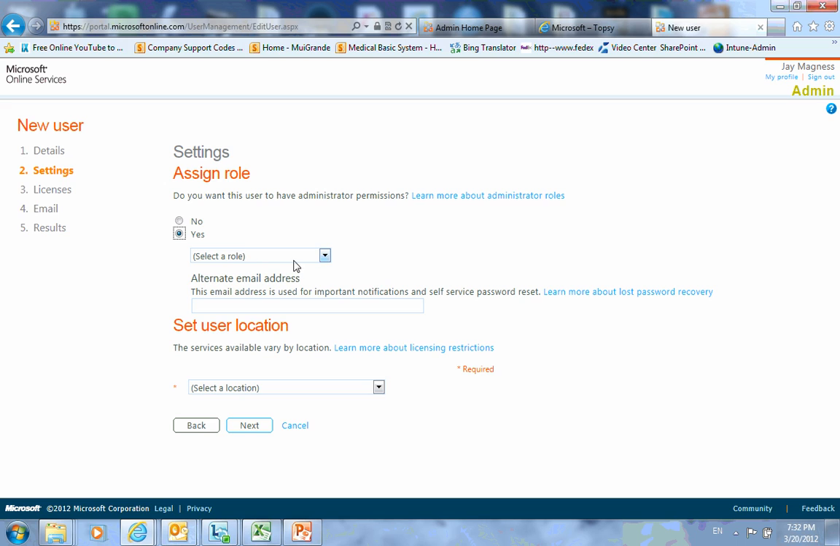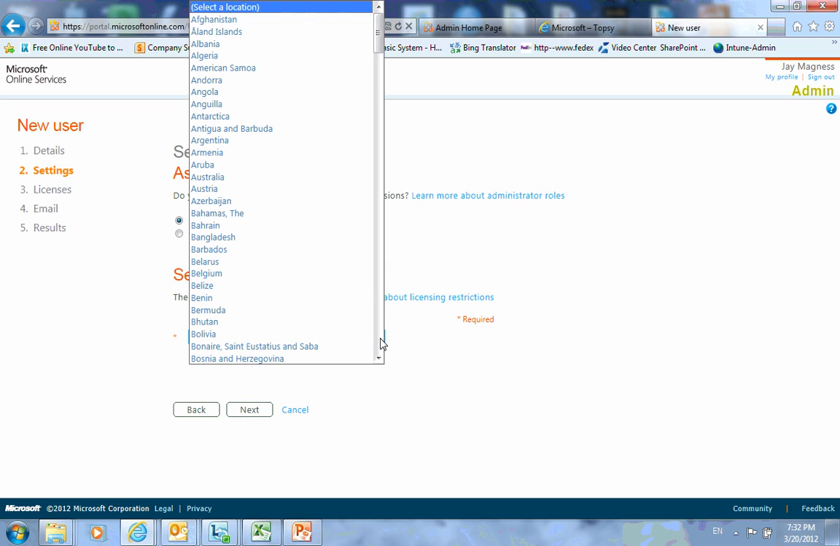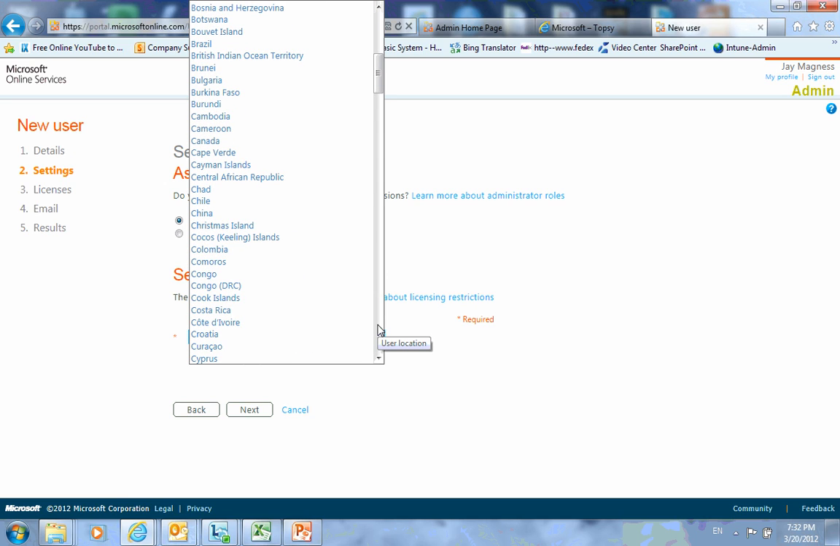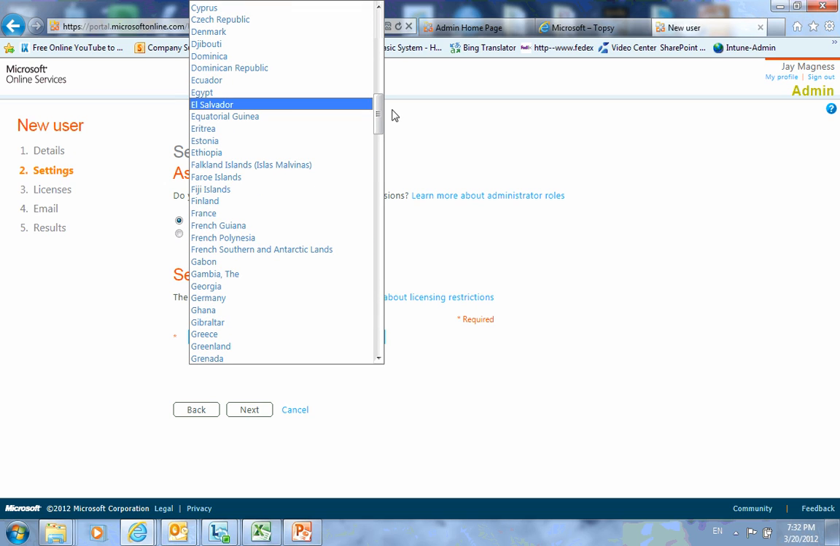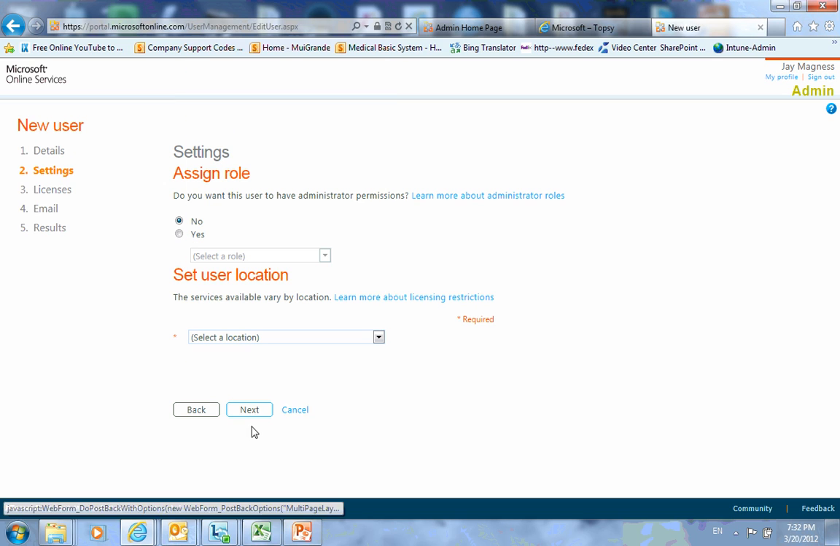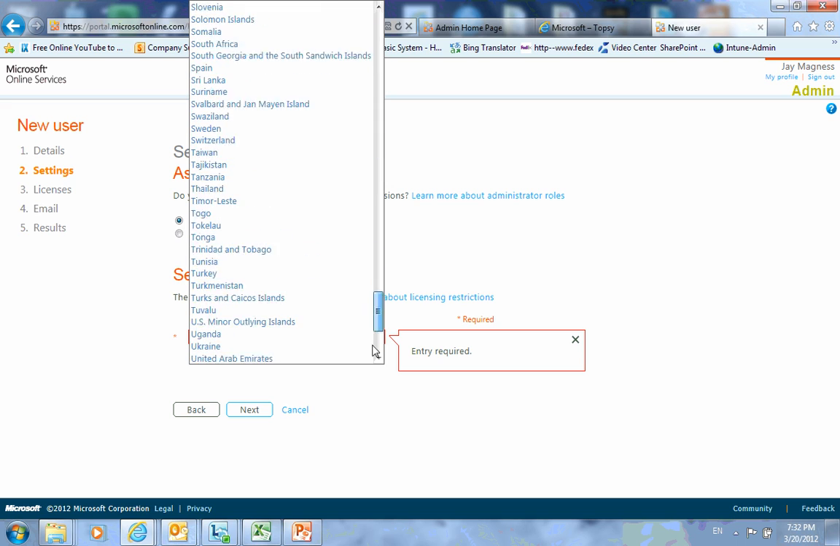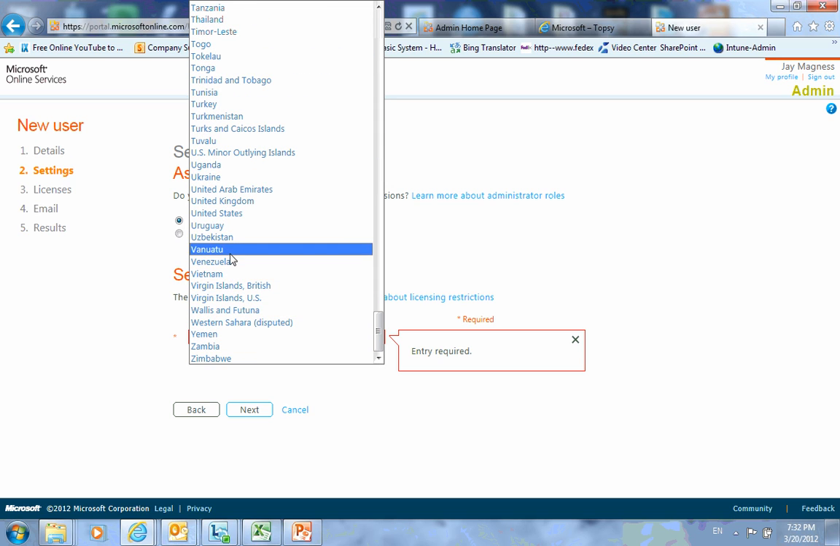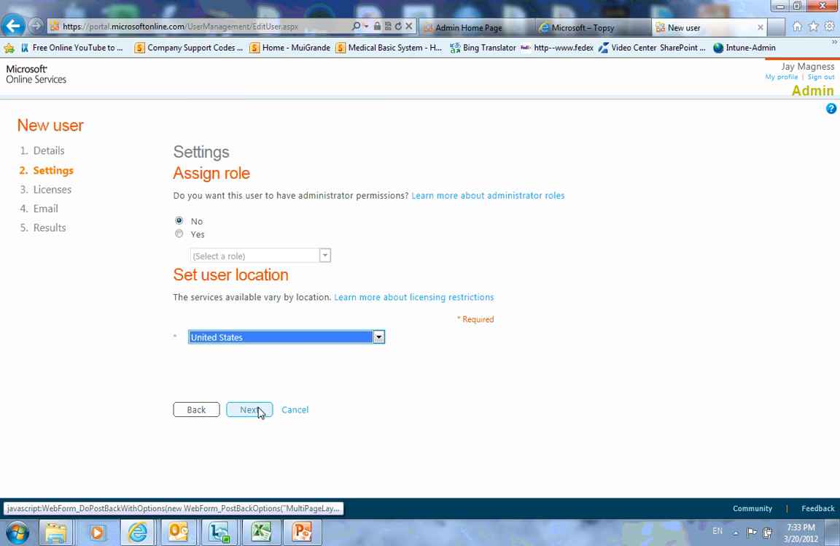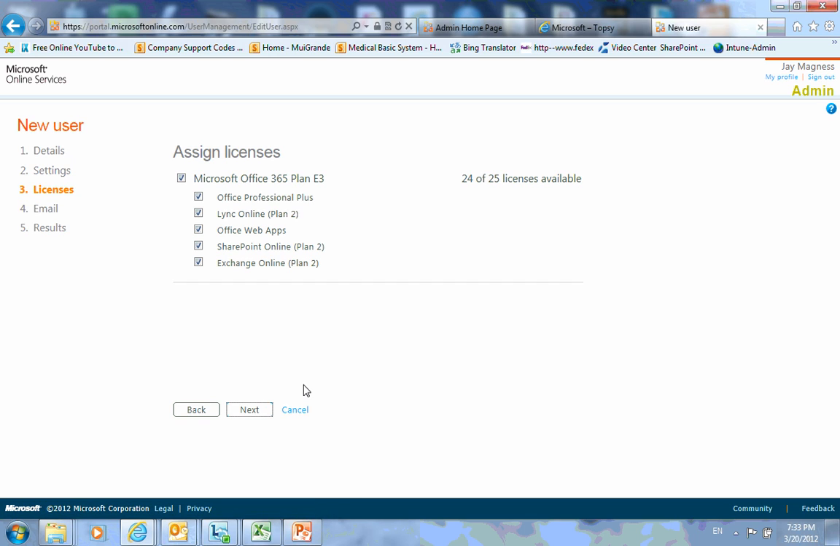And you can assign admin roles here if you'd like to. And you set the location. This will give you language-specific location information. So if you're in Colombia, you can set Colombia, or in the U.S., or if you have people in other parts of the world, you can set it up for them. Okay, I'm going to set it up for, say next, and